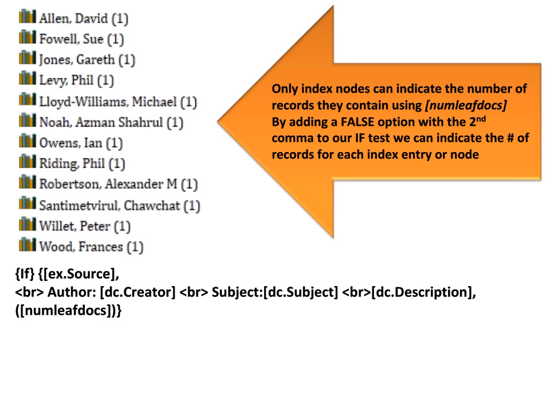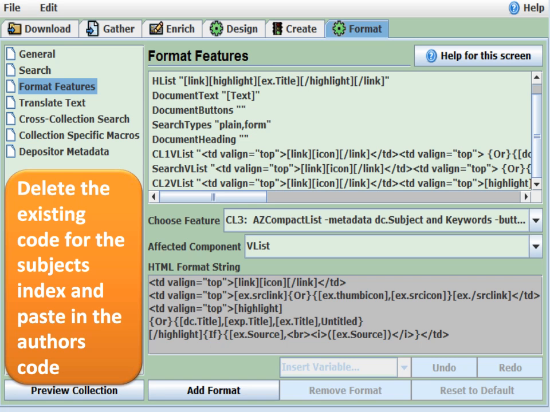We now are displaying in brackets the value of num_leaf_docs for each index entry or node. Now, we only have one article for each person. This is highly unusual in academics. So normally what you'd see here is numbers, 4, 5, whatever. But it's working. Now that we have working code for the AZ compact list index type for authors,